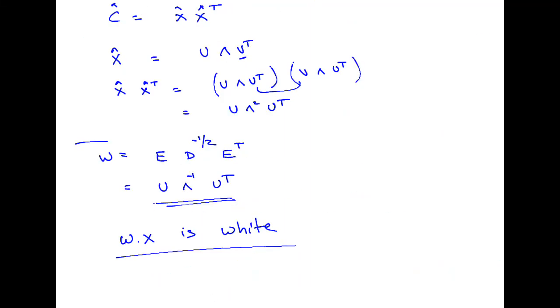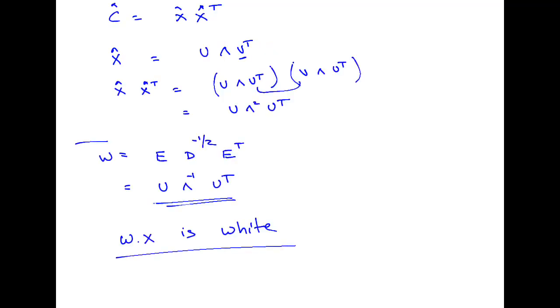Okay, so this is how we can find it. But the question is, what have we done? I have X equal to A times S with all my assumptions, and the expectation of X X transpose is not equal to I. So I found a matrix W. What should I use? Or let me use V only. This V is different from that, right?